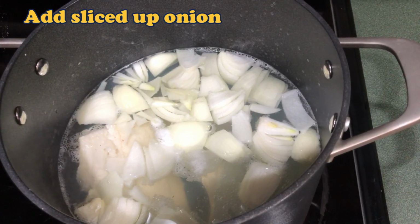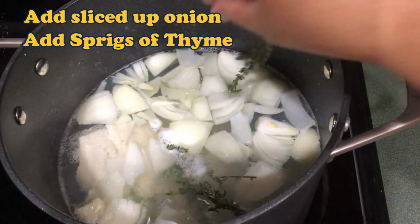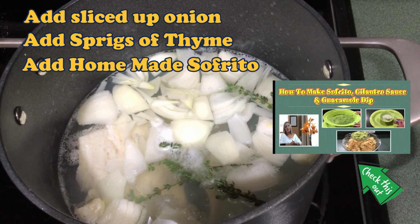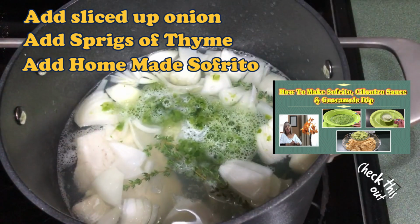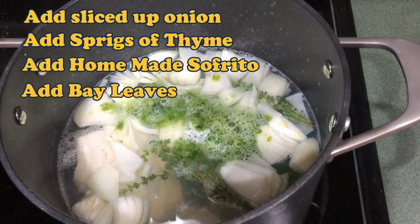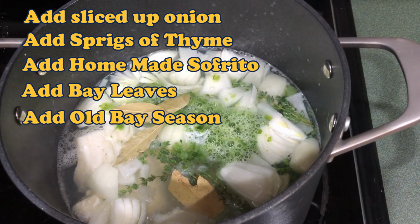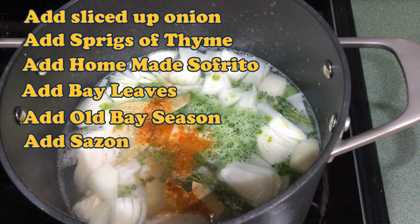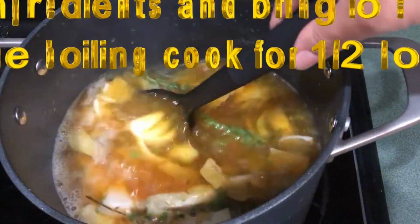Okay, I sliced up some onion and I added that. Now I'm going to add the sprigs of thyme, the homemade Sofrito, the 4 bay leaves, the Old Bay seasoning, and then we're going to add the Sazon. Mix that all up,